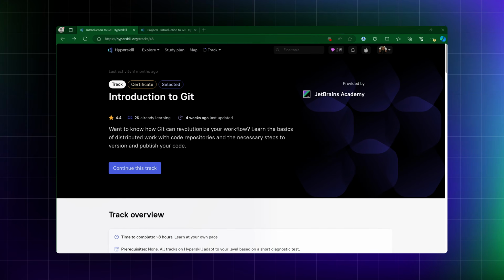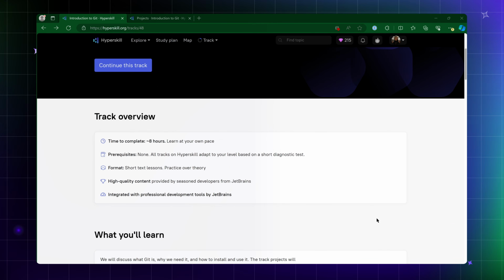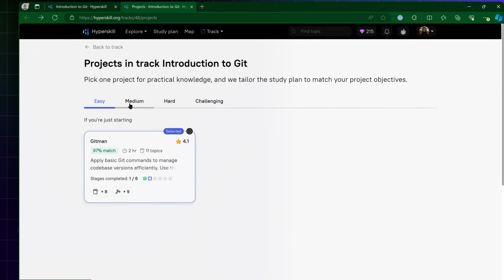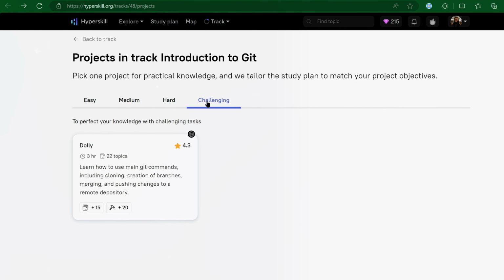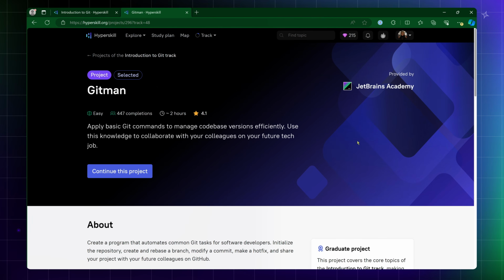That's it for this overview of the Git workflow, but there's a lot more to learn. For a comprehensive introduction, allow me to mention the Introduction to Git learning track, which we developed here at JetBrains Academy. It only takes a couple hours to complete and gets you started with practical projects you can choose between depending on your skill level and what seems fun.